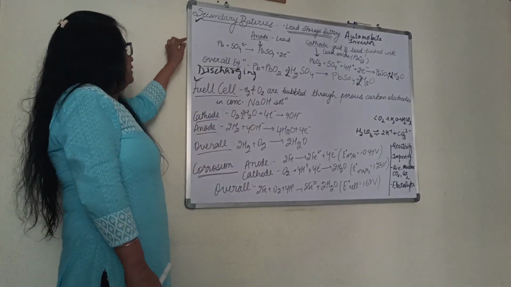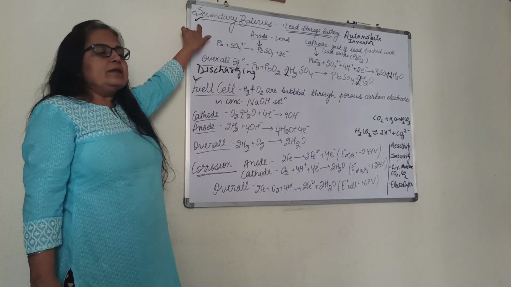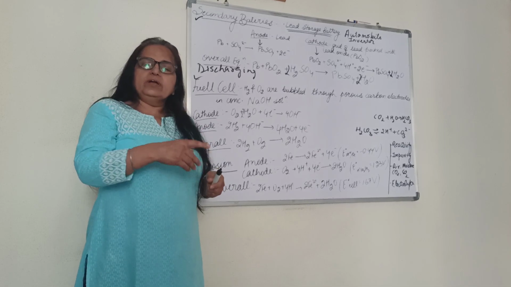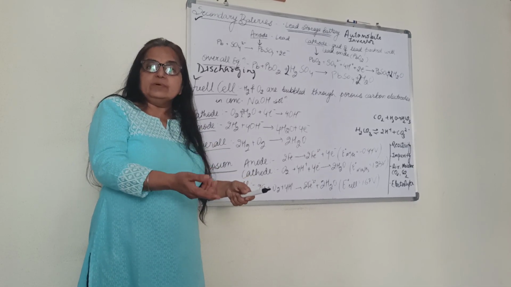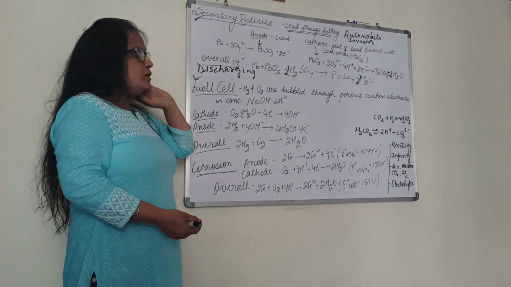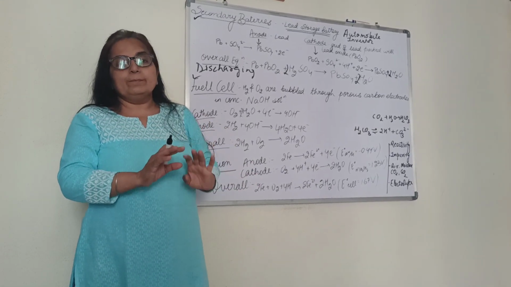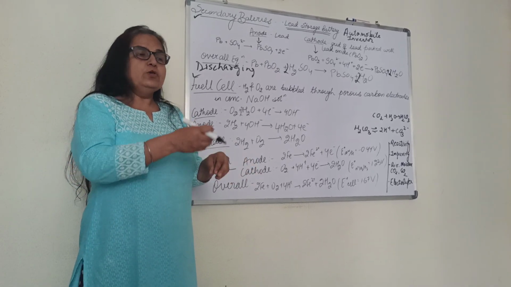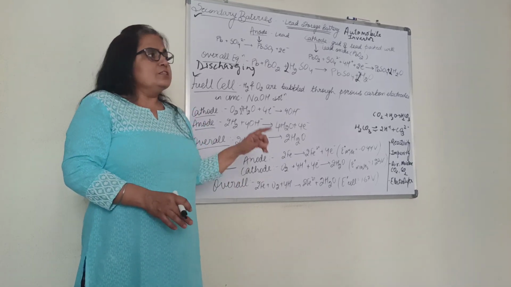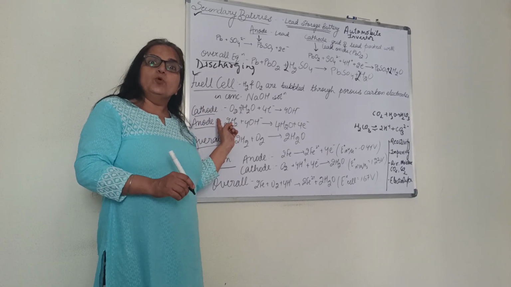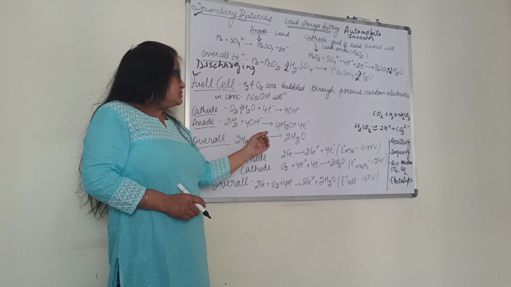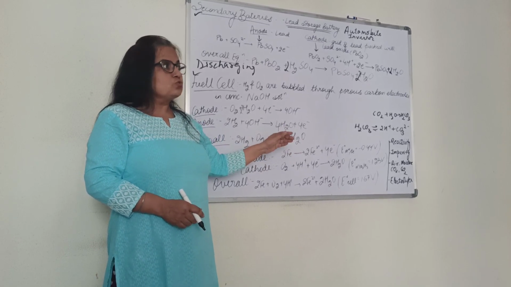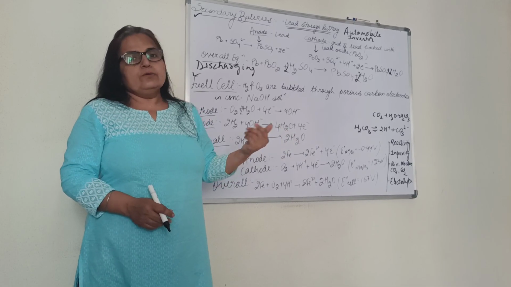Second example of a secondary battery is the fuel cell. Now in fuel cells, any fuel can be there. You can take hydrogen fuel or hydrocarbons as the fuel. Fuel cell means basically we are burning them, so they are undergoing combustion, and energy will be liberated. If you are using hydrogen, it is very effective. This particular type of cell was used in the Apollo space program, because the water produced can be used even for drinking purposes. Moreover, so much energy is evolved that it can be utilized.